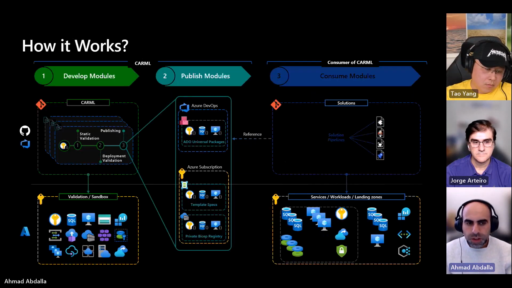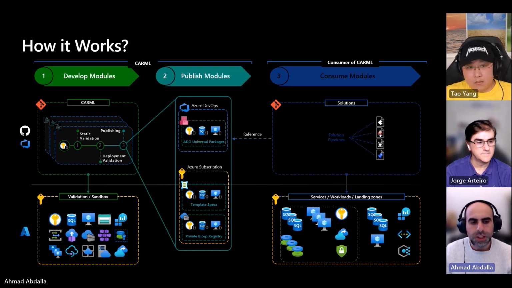So how does it all work? As we said earlier, we have the develop modules phase. So this is the CARML repository. You go in and start writing your pipeline for a particular module. You have your own sandbox to validate and test modules. So the first phase is to write the code for a particular module. That pipeline performs